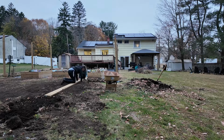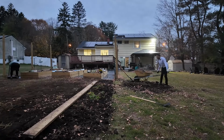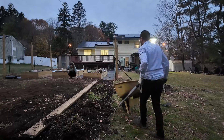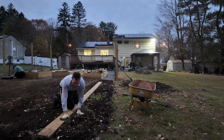But just to get this project completed, for now, this is what we decided to do. And because we are racing against the clock, you can see the lights are already turning on. It's starting to become dark. I am going to go ahead and start placing the landscape fabric down while my husband finishes leveling off the